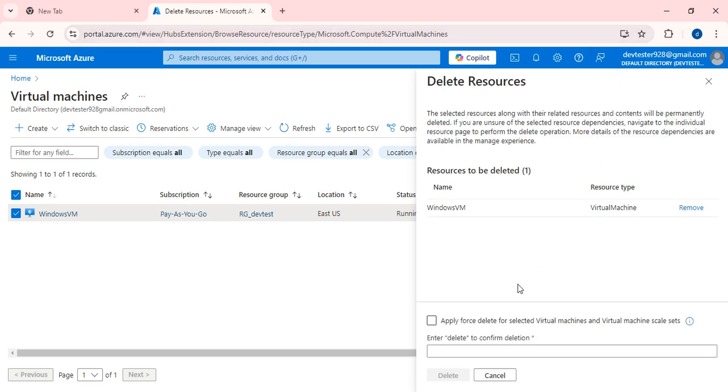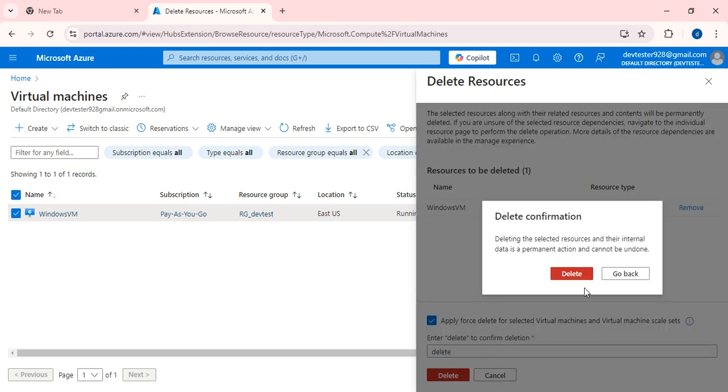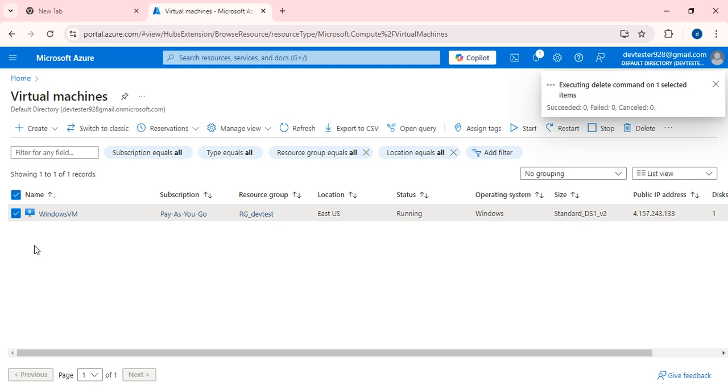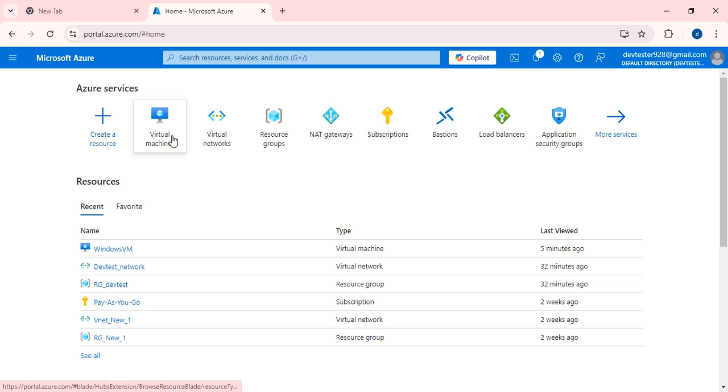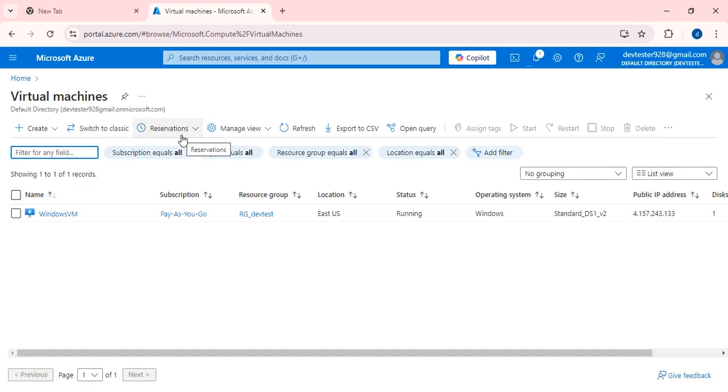So I'm going to delete the machine. Okay, apply force delete for the selected virtual machine scale set, enter delete. Okay, the machine will be deleted. Yes. Okay, in the meanwhile, what we are going to do is create one more virtual machine in the